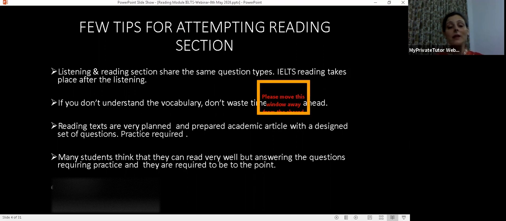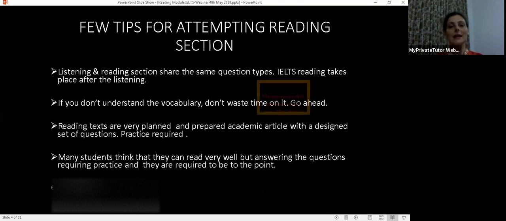The reading texts are very planned, actually. They are planned to resemble academic articles with a designed set of questions, but for attempting those sorts of questions, a lot of practice is required. You have to practice before attempting that, not just by attending the workshop or just getting a guideline. No, you have to